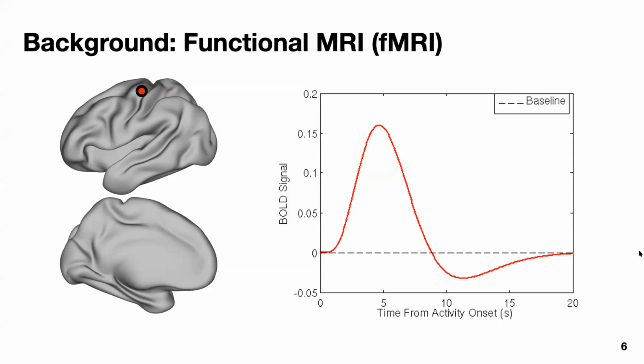So we don't just see that the somatomotor cortex has this hemodynamic response function. We get to see that many other parts of the brain do too. And so this will show us that parts of the insula and the supplementary motor area are also involved in controlling this movement. So task fMRI is great in that it tells us a lot about the parts of the brain that are activated by a task. But in order to study every part of the brain, we would either need lots of tasks or to use